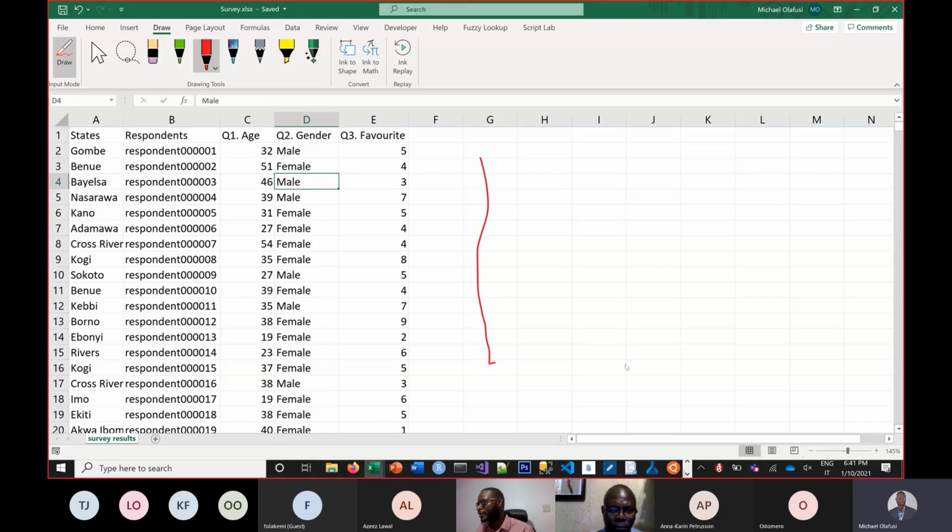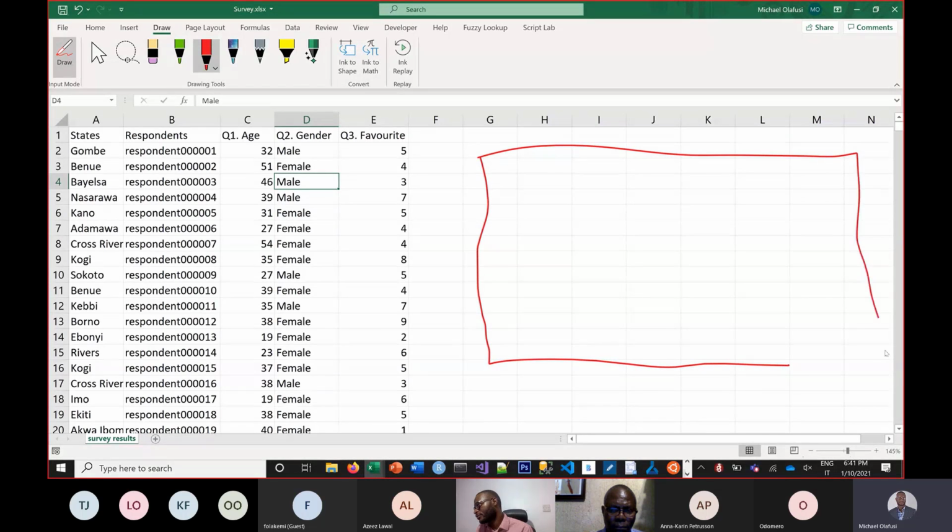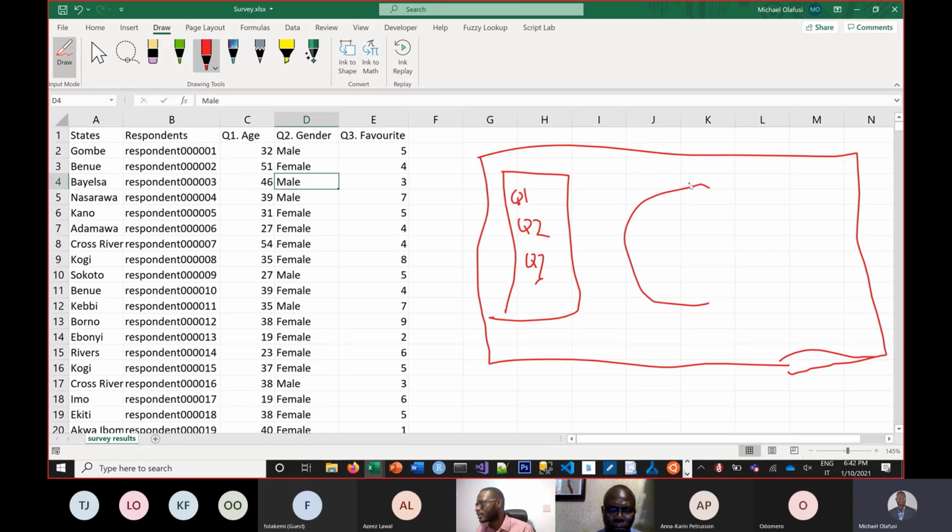Power BI has a page like a PowerPoint slide, and I want to throw in a slicer, and in the slicer you can pick question 1, question 2, whatever question you want to analyze, and then you're going to have a pie chart